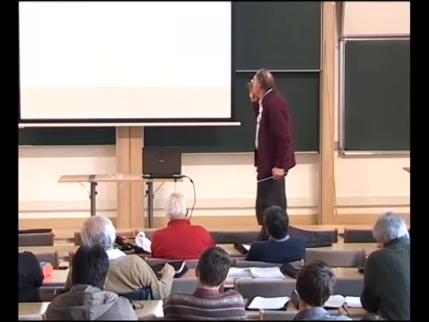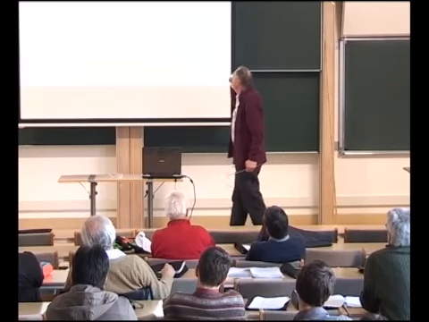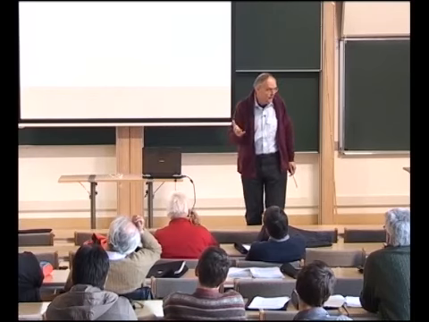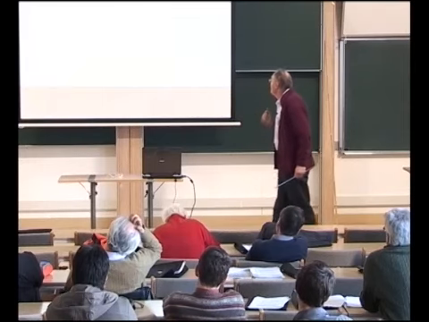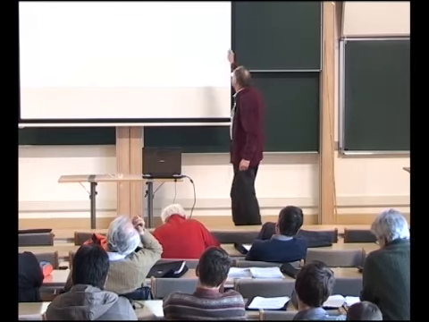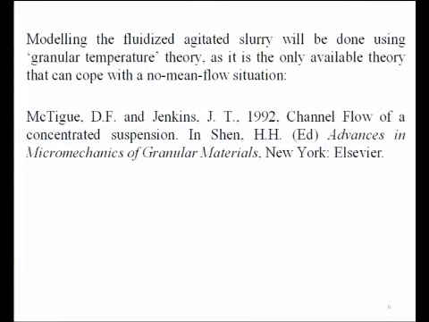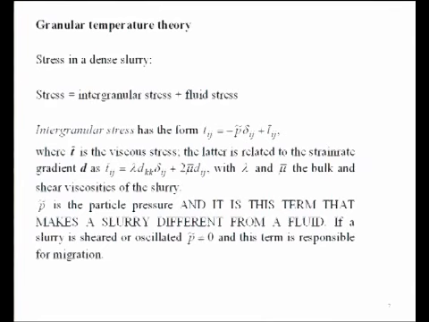The reason I want to use this, I mean, we're obviously talking about migration problems here. I want to use this theory rather than your Phillips or your Acrivos, any like those, because those other theories all require a mean strain rate field to describe the diffusion, and this theory can also deal with a situation where there's no mean flow, right? So basically in that cylinder, that slurry sits there, it's being agitated, it just sits there quietly, very quietly in fact,